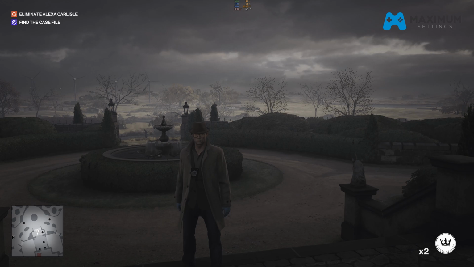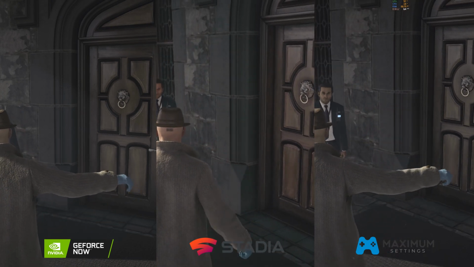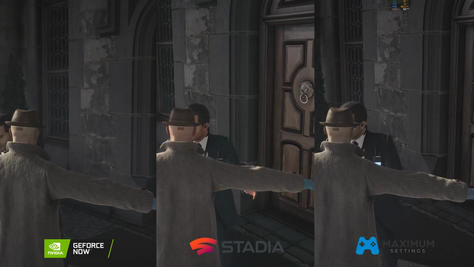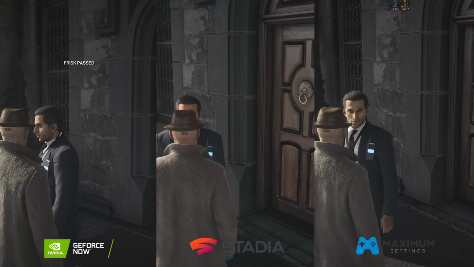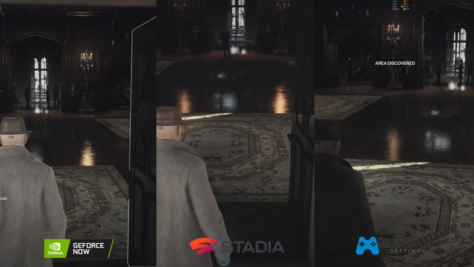As we head into the house after our frisk, we'll do another frame analysis. And once again, we can look at that sharpening on the GeForce NOW version. If you look at the hair, you see that over sharpening. Whereas on Stadia and maximum settings, it's a lot smoother. And as you look at the floor here with the reflections, you wouldn't believe that ray tracing isn't actually enabled